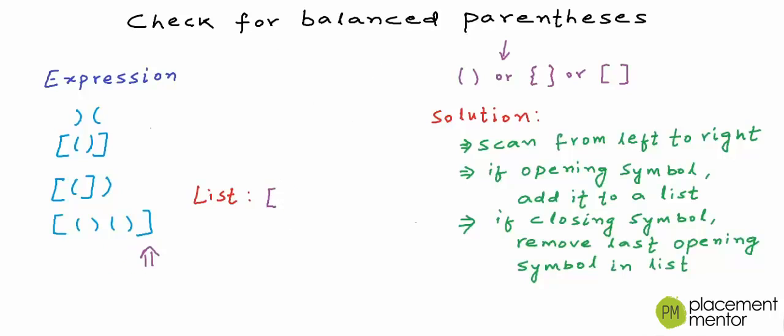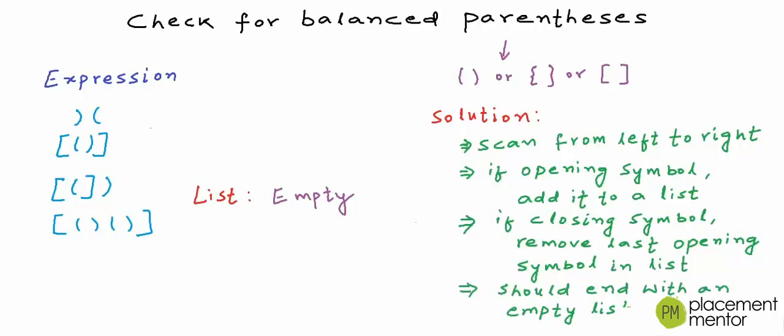And now we go to the last character, which is a closing square bracket. Once again we need to look at the last element in the list. We have only one element in the list at this stage. It's an opening square bracket, so once again we can remove it from the list. Now we are done scanning, and the list is empty once again. If everything is alright, if parentheses are balanced, we will always end with an empty list. If in the end the list is not empty, then some opening parenthesis has not found its closing counterpart and